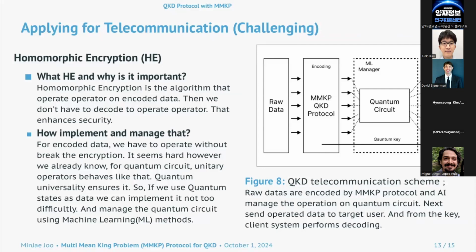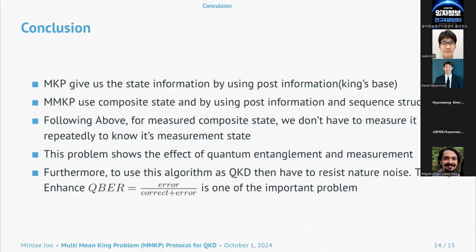The processed data is then sent to the target user, and on the receiving end, the client system uses the shared key to decode the data, ensuring secure communication. In conclusion, the minking problem and the multi-minking problem leverage quantum entanglement and measurement to create a secure protocol for